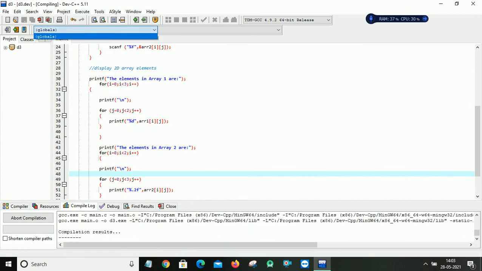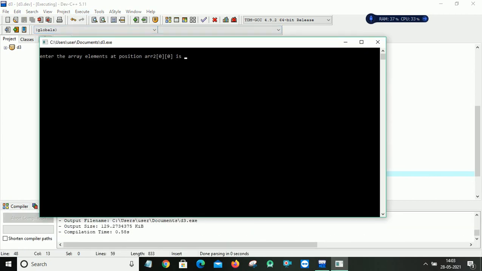So at the time of programming, okay, so now see it will ask me to enter the array elements at position array 2 of 0 0, right? So array index always starts from 0, so it will take row and column positions at 0 0 and then the 0 1 position element it will ask me. Okay, so see why it gave some space.